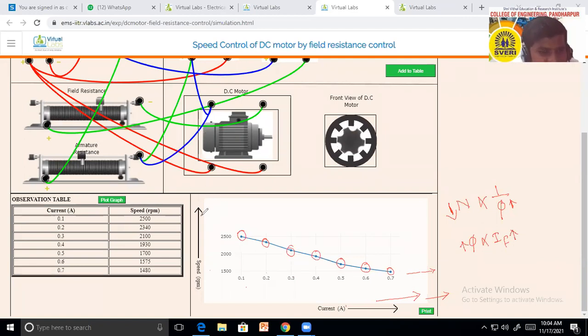See, the graph we saw in theory was speed versus torque, right? Which graph was it? Speed versus torque, no? Yes, sir. The graph seen in theory is speed versus torque. Again here while plotting, it is speed versus current, but it is similar. What is the relation between torque and current in the case of a DC shunt motor? What is the characteristics of torque versus armature current?